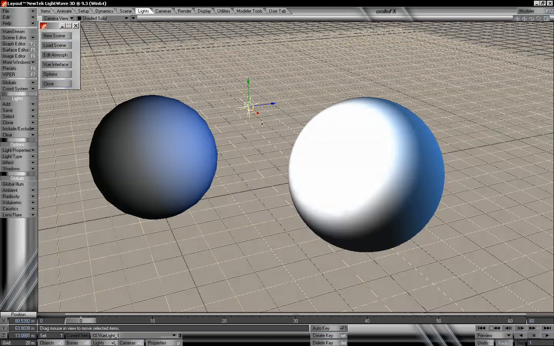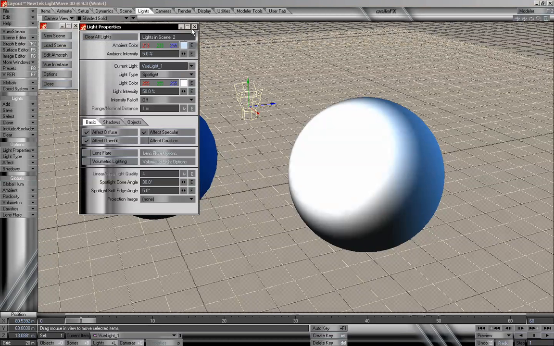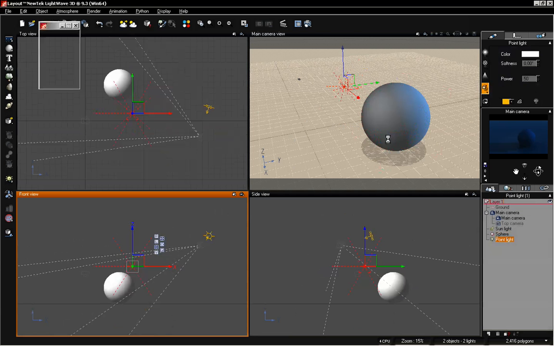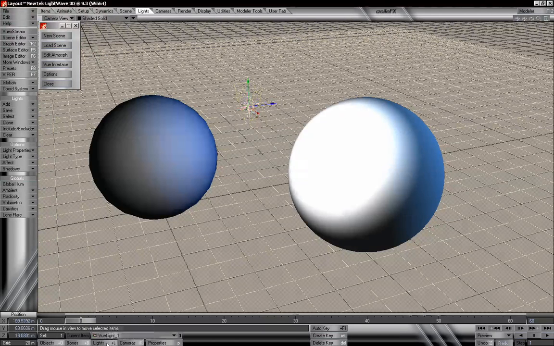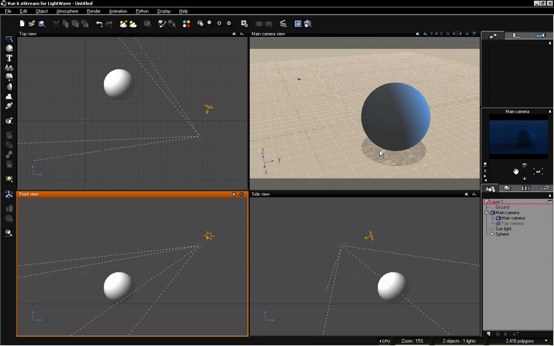Let's go ahead and just modify this first and change this into a spotlight. And now if we switch back into view, we can tell that that is still a point light. So we have modified that view light to become a spotlight, but it is still showing up as a point, and once we went back into view, it switched back and forth. So you really want to make sure you're doing your major modifications within view if you want the lights to work back and forth between the programs, where you have them being created in both the view interface and the Lightwave interface. Let's go now and create a light panel,